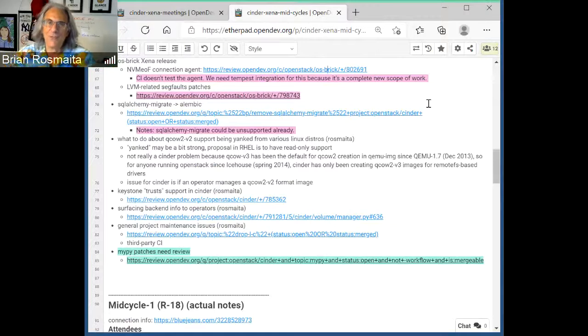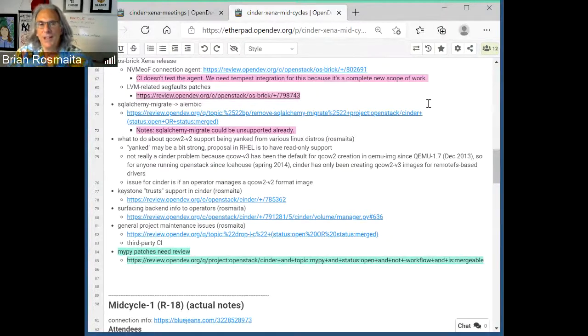So the talk, at least for Red Hat Enterprise Linux, is to have read-only support for QCOW 2 version 2. So QCOW 2 is fine. It's just this old ancient version that people shouldn't be using anymore, that they don't want to support.